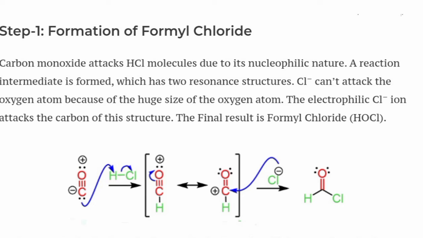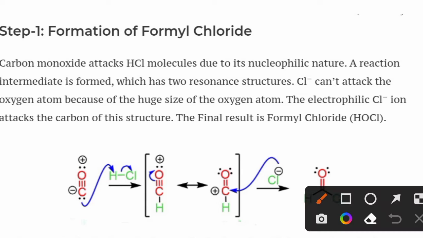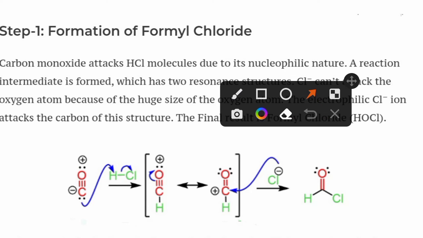This resonating structure which carries the positively charged carbon gets attacked by Cl. This Cl attaches to the carbon with a pair of electrons and gets bonded with the carbon to form HCOCl. During this step, you can see here,